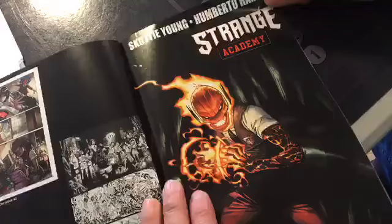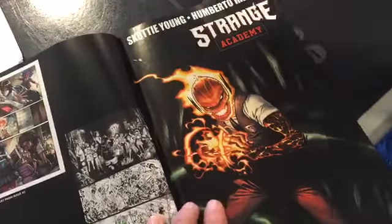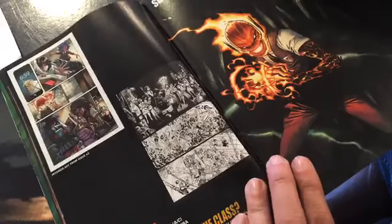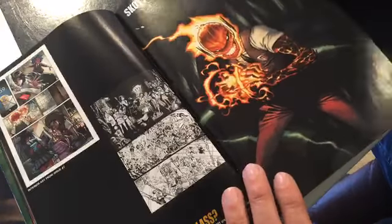It's funny, when Oliver came by with the books, he was stunned that I wasn't picking up... I can't think of the name of it. It's this book right here, Strange Academy. And I'll tell you with ultimate honesty there, Oliver, I can't keep up with all the Hyborian-inspired comics now, so